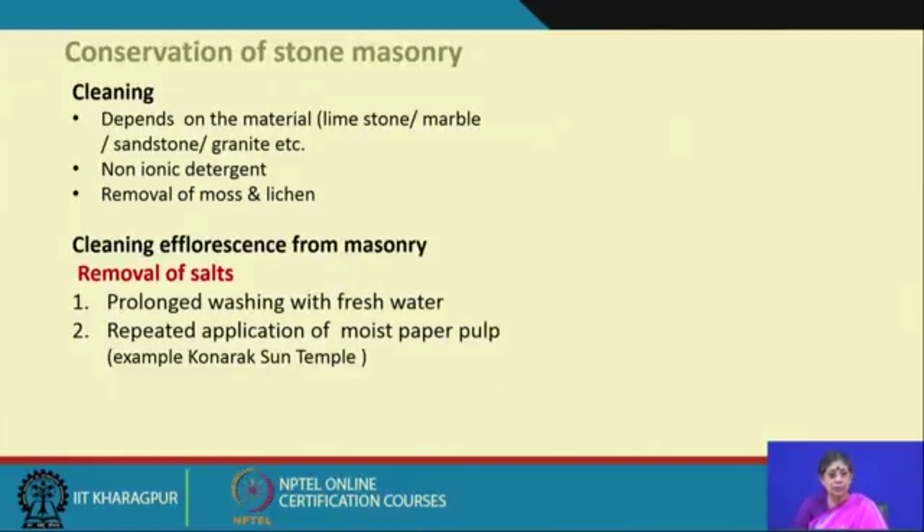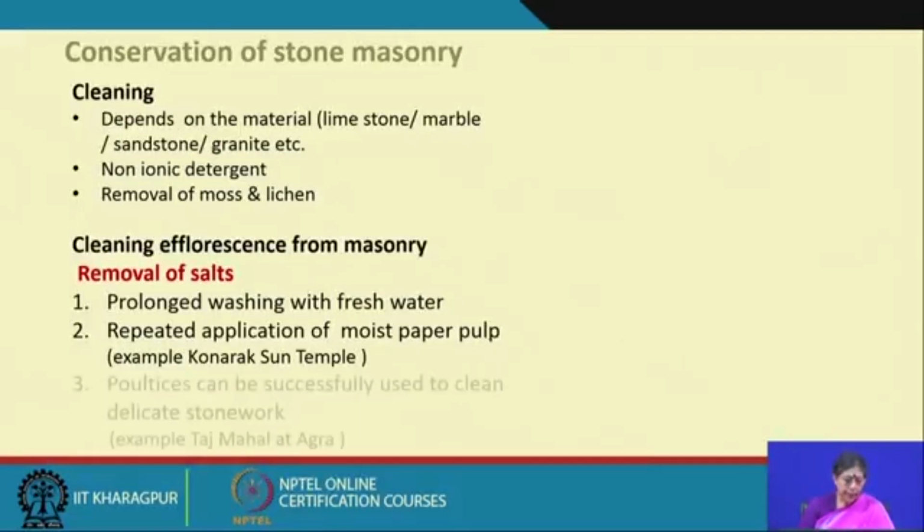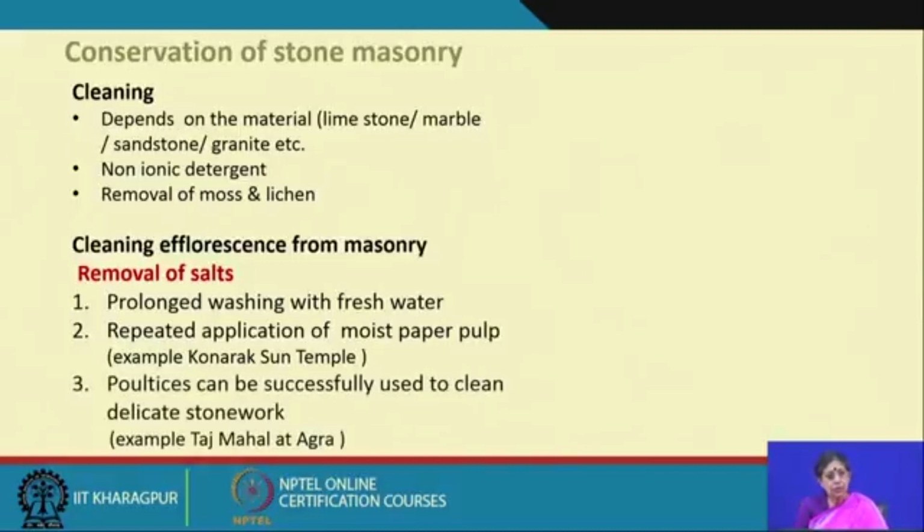it has been used in the Konark Sun Temple, because it is a porous building material. When you repeatedly apply the moist paper pulp on the surface, it extracts the water and along with that the salt in the water, and that is one of the processes of removal of the salts. Now, poulticing, we have talked about the poultices,